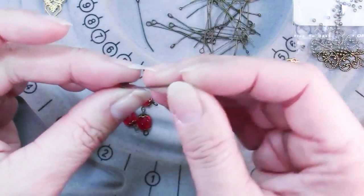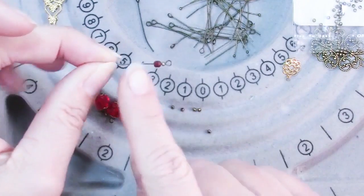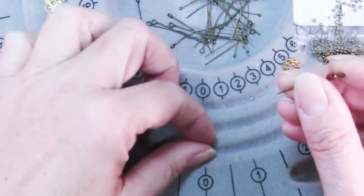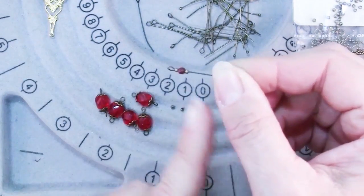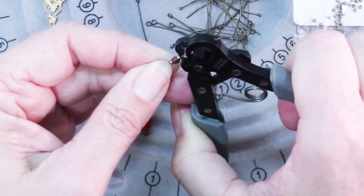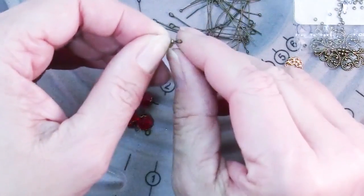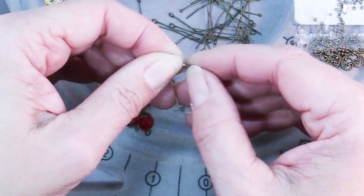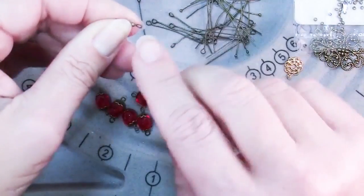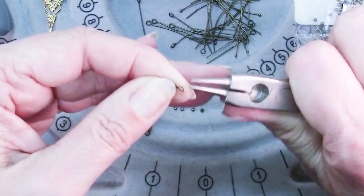Another nice alternative, if you can find them small enough, would be little bitty daisy spacers on either side of these beads. That would look pretty. It really accents these beads and gives it just a nice kind of vintage look. That's what it makes me think of anyways. And this bead often, on several of these, as I was making them and testing this, they would slide right up in that space. So you really have to make sure